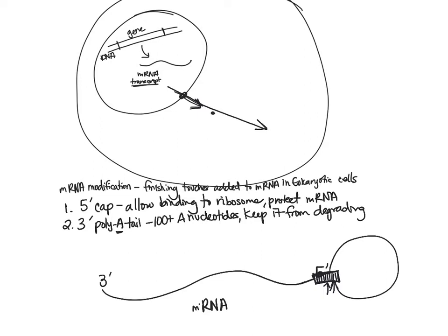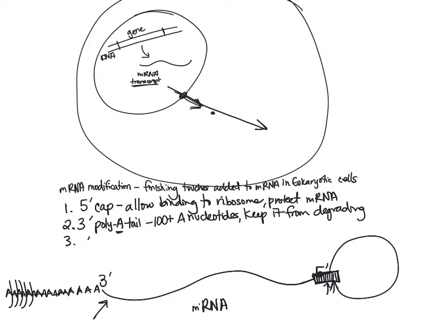And so what we do is we add a whole bunch of A's here. So 100 plus A's at the end. And then again, as I just mentioned with the 5' cap, but even more so, this poly A tail's specific purpose is so that if it encounters enzymes that start to eat away at it, it'll start cleaving off these adenines here, and it's not going to get to the important information in the gene. So we have our poly A tail to protect our gene information.